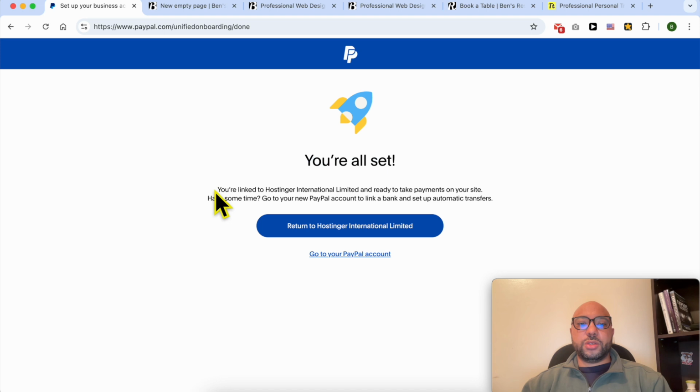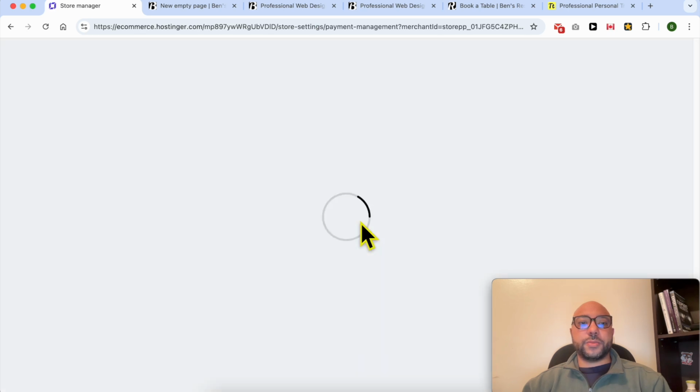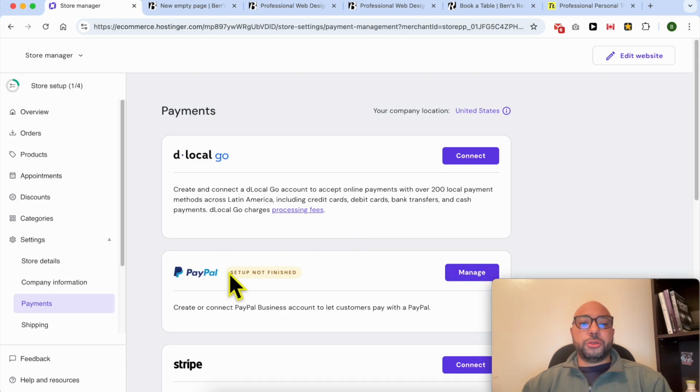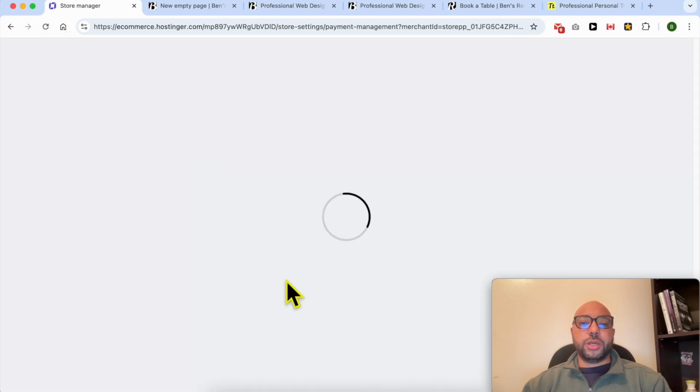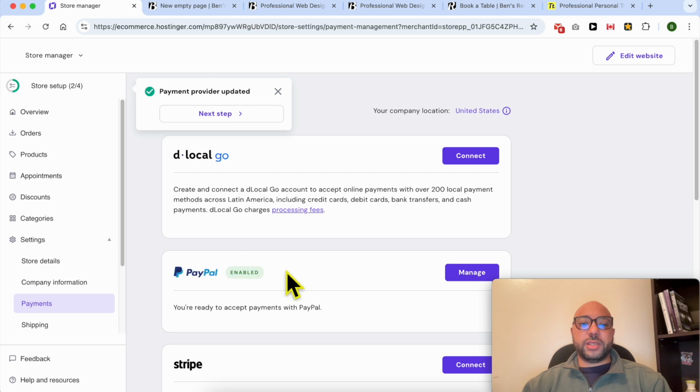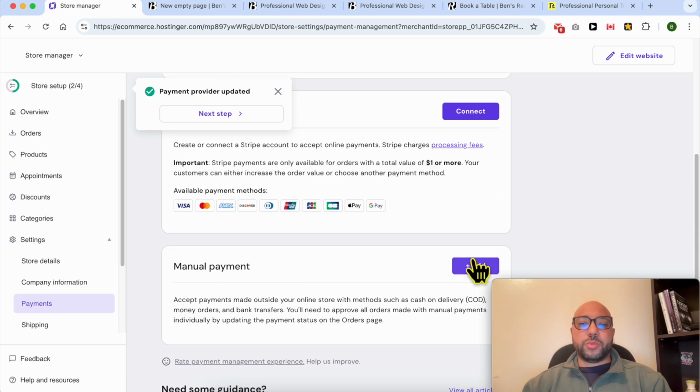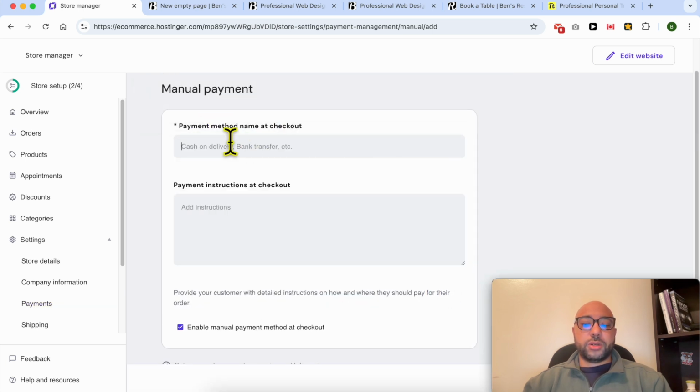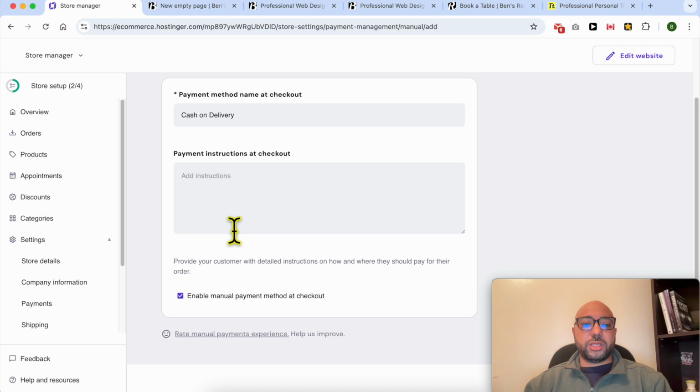You're all set. You're linked to Hostinger International Limited and ready to take payments on your website. Click on Return to Hostinger website. Even though you see setup not finished, just refresh this page and you will see that PayPal is enabled successfully. You can also add a manual payment. I will call it cash on delivery. You can add manual payment instructions